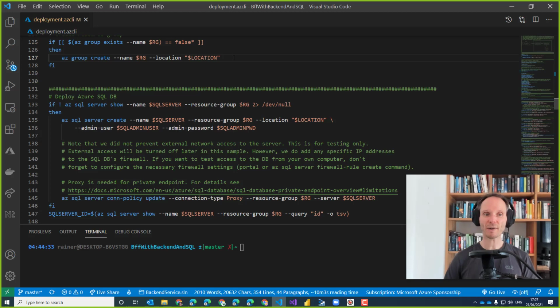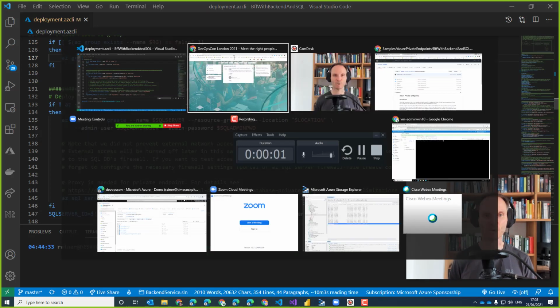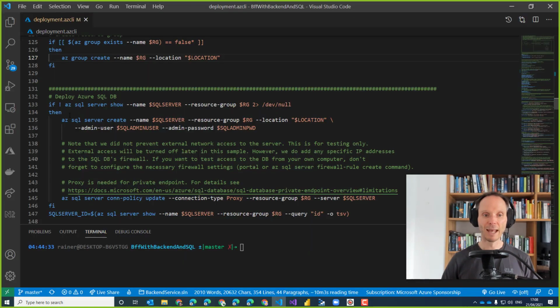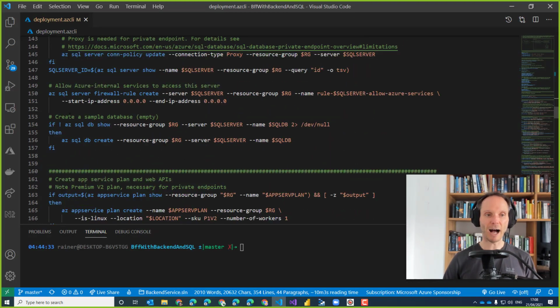For those of you who are not that familiar, a resource group is, as the name suggests, a group of resources which you can manage as a whole. So you can create it, you can delete it, you can set some role-based access control, you can lock it and prevent deletion and so on. So this was just the resource group. And before I got into this session, I already created this resource group so we don't have to spend time with it. Next, if I scroll down a little bit, I was creating, and you see it here, a SQL